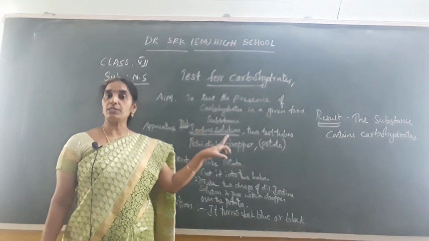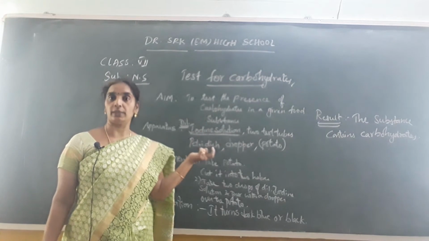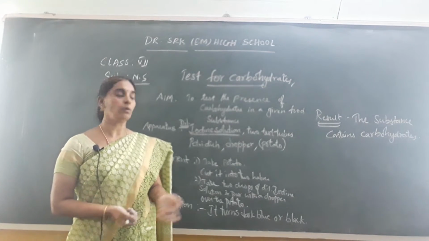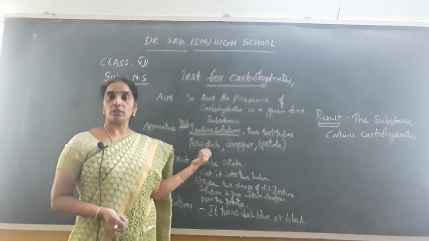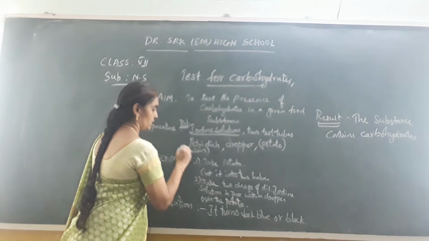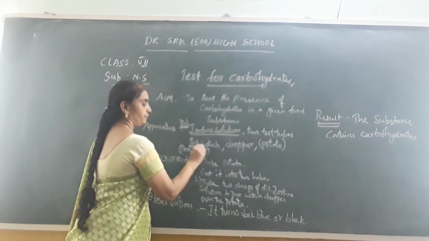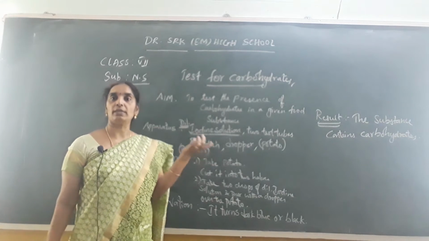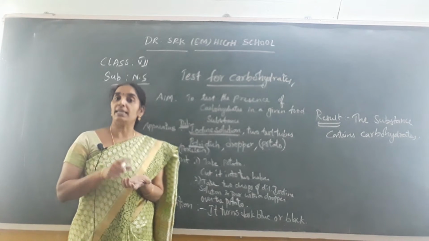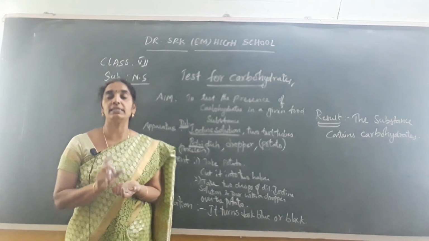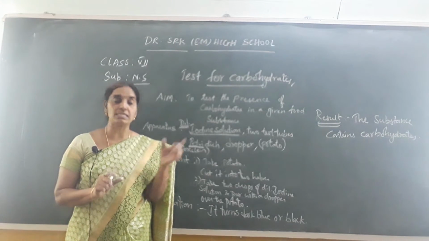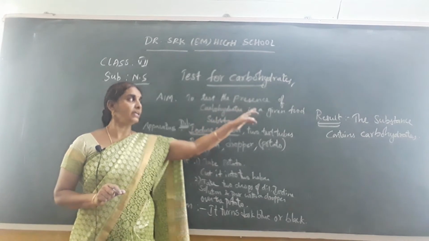With the help of a dropper, in another test tube, if it is a grain powder, you can take it in different test tubes and do this experiment also. Or in a petri dish, which is also called a porcelain dish, you can take a potato, cut it into halves and pour 2 to 3 drops of dilute iodine solution over the cut potato. Then after a while you can see that it turns dark blue or black. If that is the case, then you can confirm that the substance, that is the potato, contains carbohydrates.